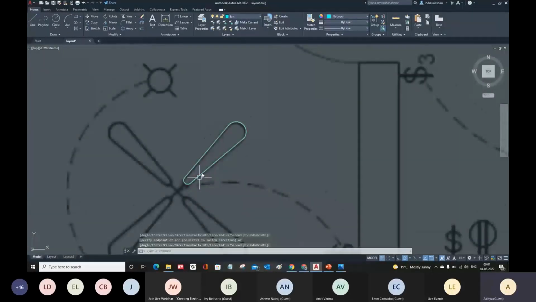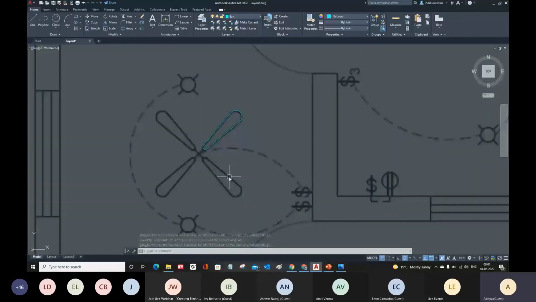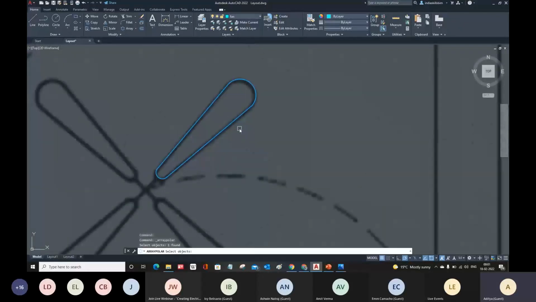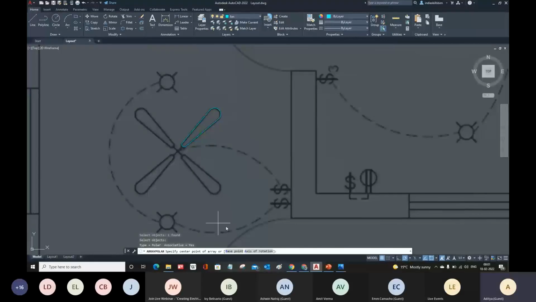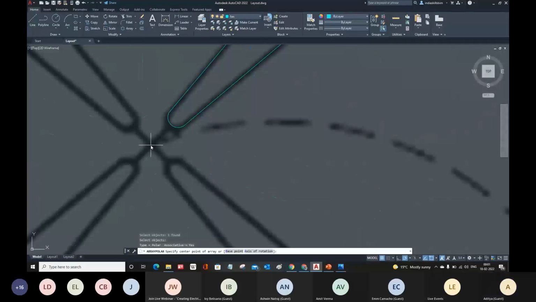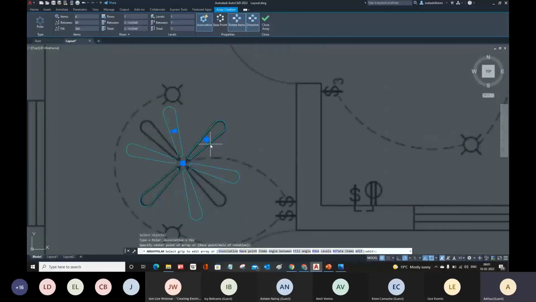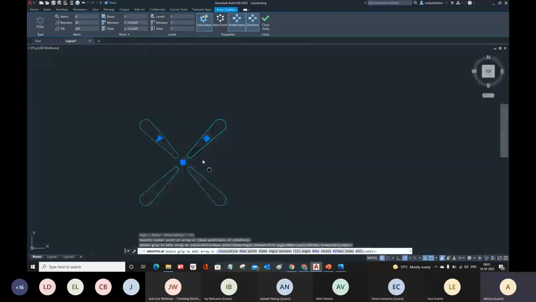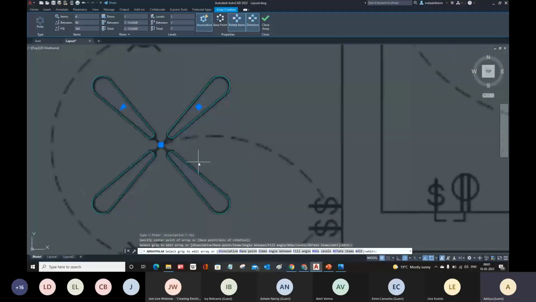And the same way, again I can use the array. AR is the shortcut. Else you can click on the drop down, choose polar array, select the item, and this is a polyline, so you just need to select one item. It will automatically highlight the whole entity. Enter. Then for center of rotation, I can choose this point here. And for number of items, these are again 1, 2, 3, and 4. So make it 4 from your ribbon area. Click anywhere else, it will automatically update that thing. Hit enter to accept. All right.